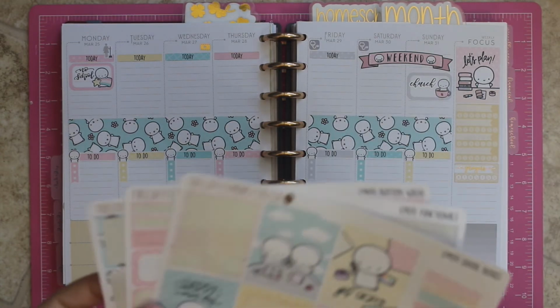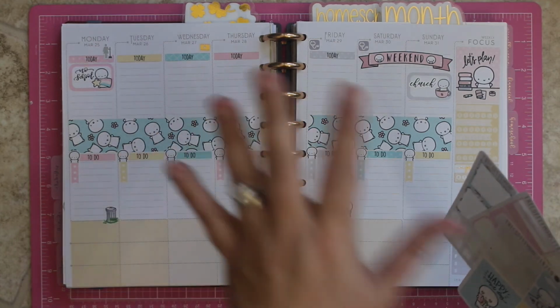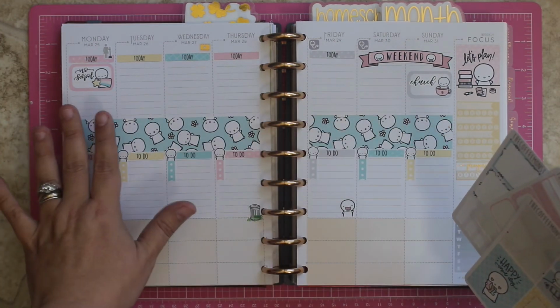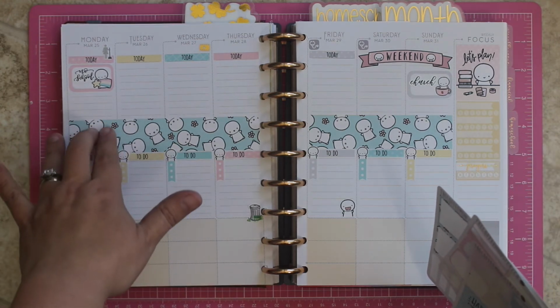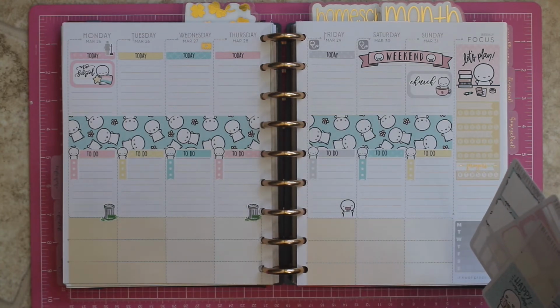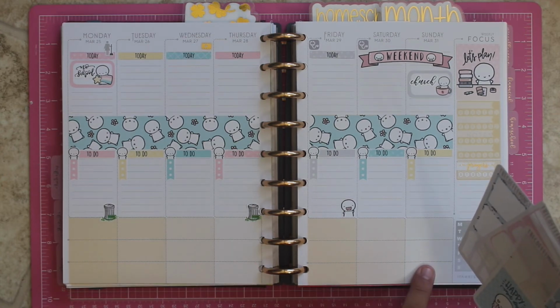So as I was saying, this is Helen's mini kit, and I used the bottom washi from the Erin Condren layout, if you're familiar with that, and I just kind of put it in the center to divide things up. This week we don't meet in our homeschool group, so we don't have anything going on academic related. So I kind of pull things back and take a little bit of a break, do things a little bit easier. I did decide while I was laying down my weeks, I will probably stamp my cleaning chores this week